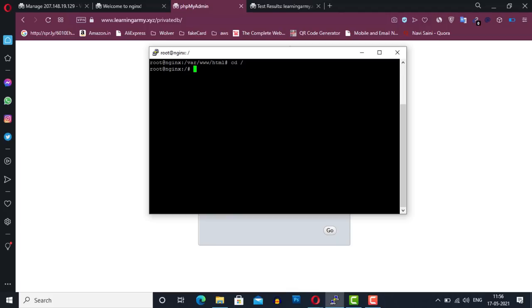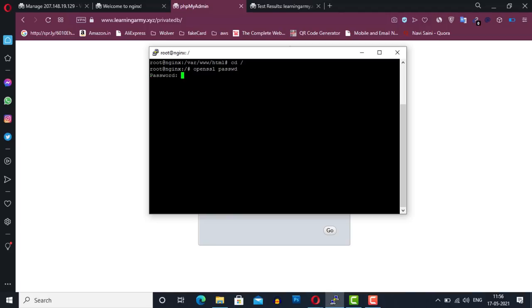In order to create this authentication file, we have to encrypt that password using the crypt function. To create this password, type openssl passwd.